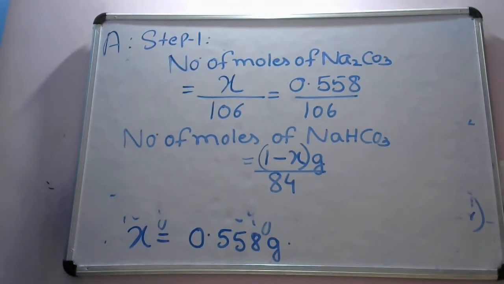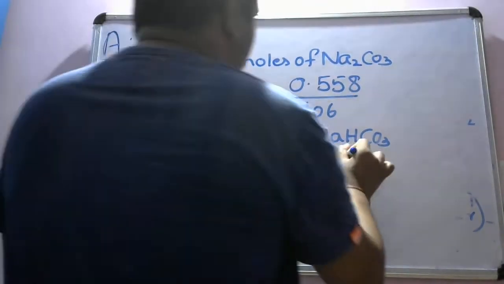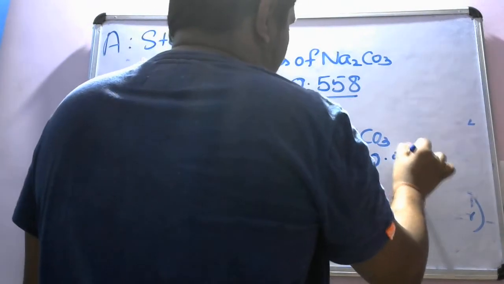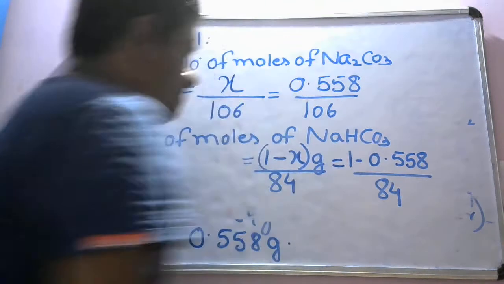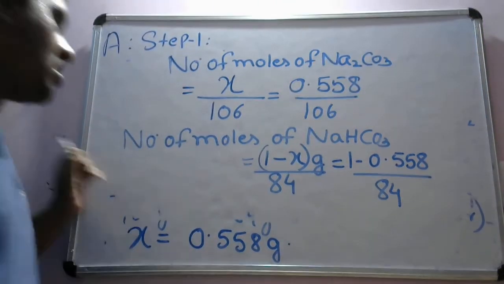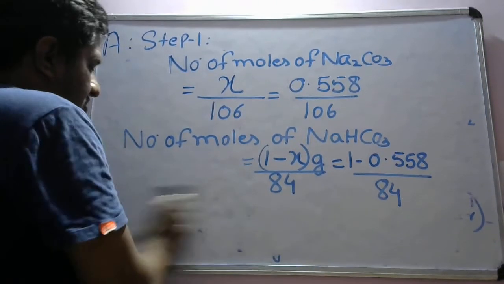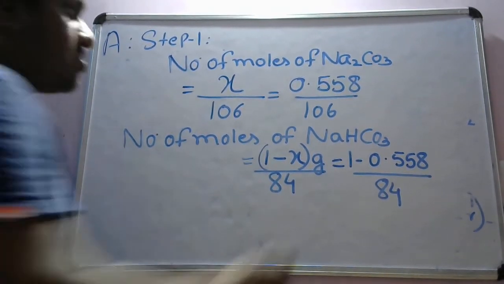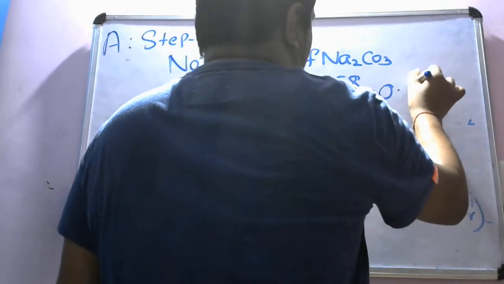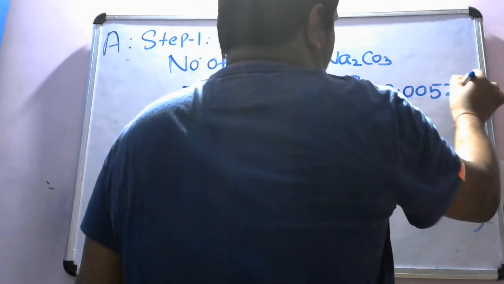Substitute x in the above step, that is (1 minus 0.558) by 84 grams per mole. So by calculation we will get the number of moles of Na2CO3 as 0.00526